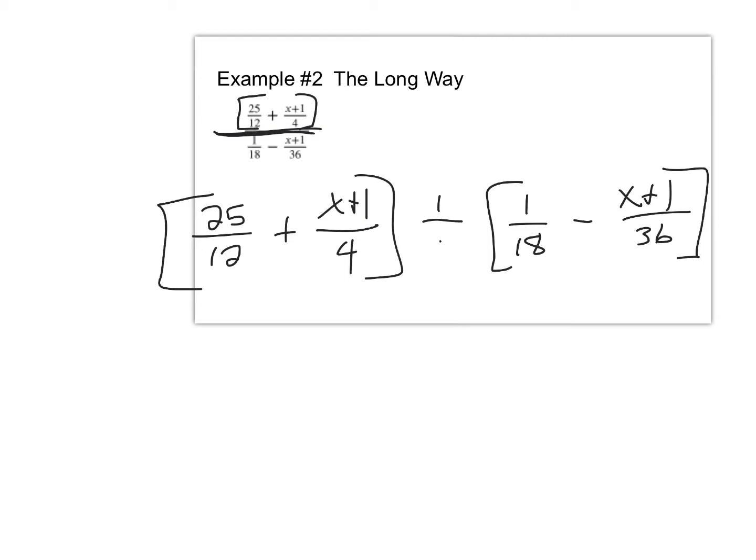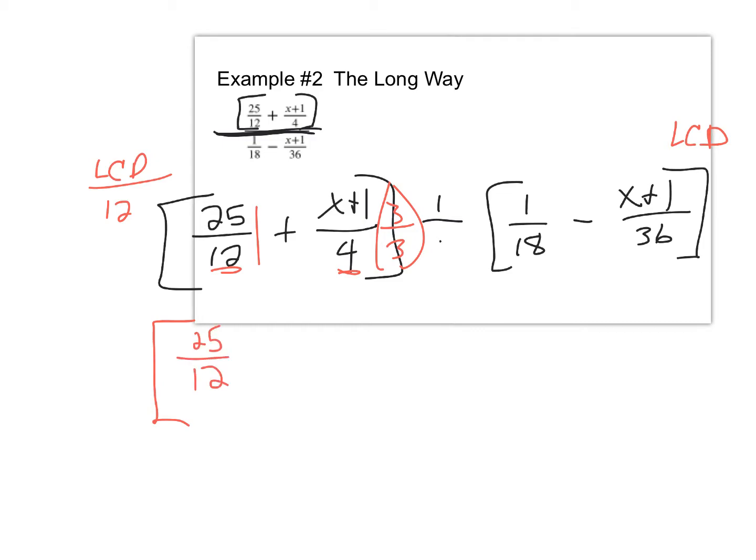Okay, so now we're going to do the LCD component of each little bracket here. So my common denominator in the first bracket is 12. So this fraction's all set. This one needs a tweak of 3's. So doing the math out, we're going to have 25 over 12 plus, and I distribute the 3 to both of these because it's a binomial, so 3x plus 3 over 12 divided by,